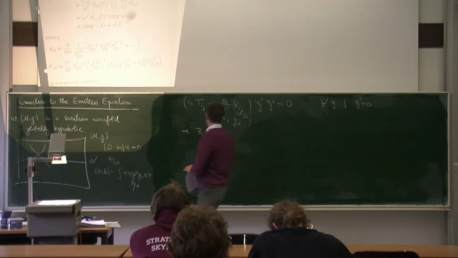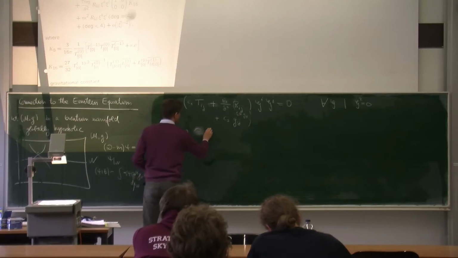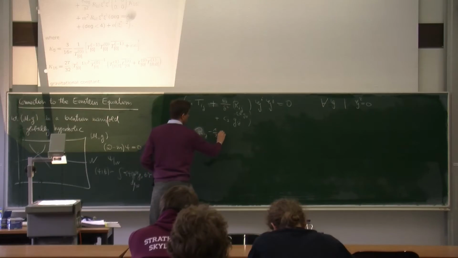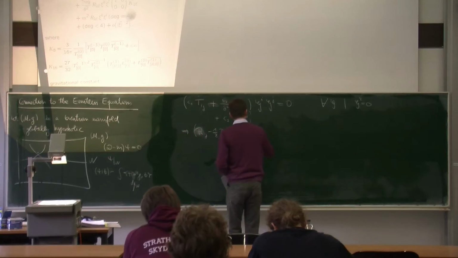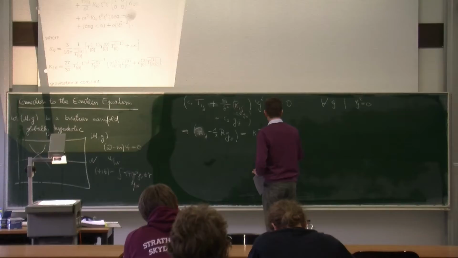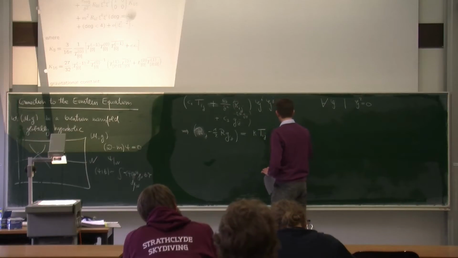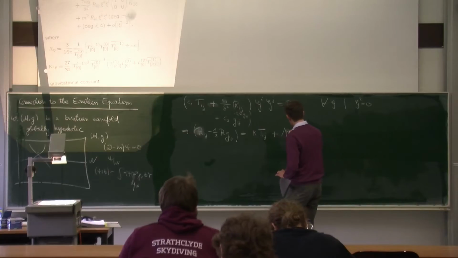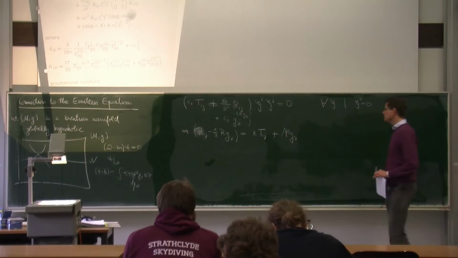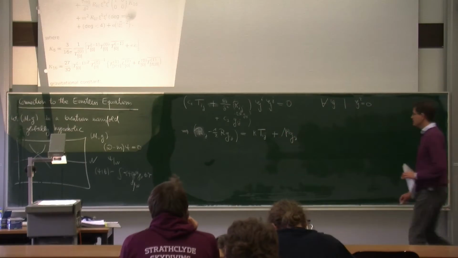So what we get is the Einstein tensor, R_ij minus 1/2 R g_ij, is equal to kappa times T_ij plus a cosmological constant times g_ij, and a priori this is a constant which depends on x. And kappa